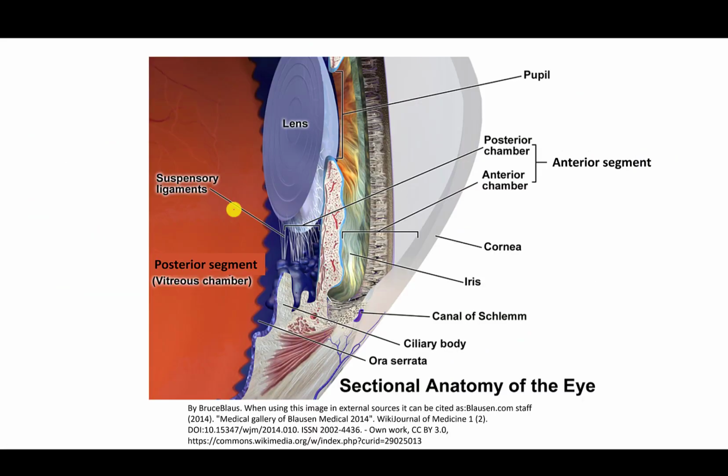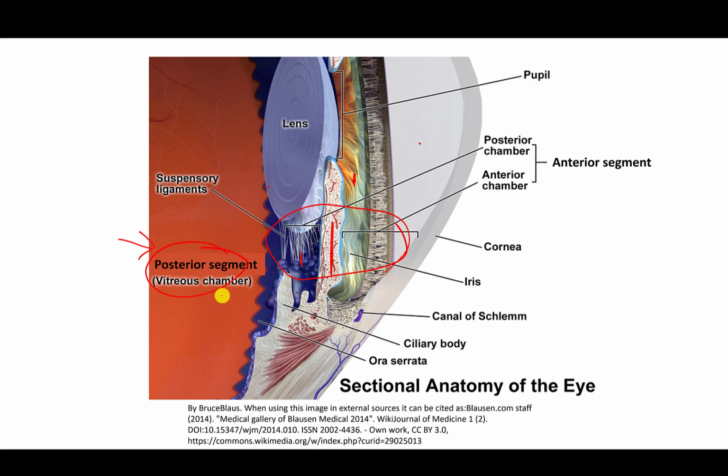This is another view of both. Here at the back we have the posterior segment, whereas here we have the anterior chamber and the posterior chamber. This was the cornea, the anterior chamber here, and this is the posterior chamber, and this is the iris. Both of them, the anterior and the posterior chamber, are part of the anterior segment. So technically all of this is the anterior segment, and here behind the lens will be the